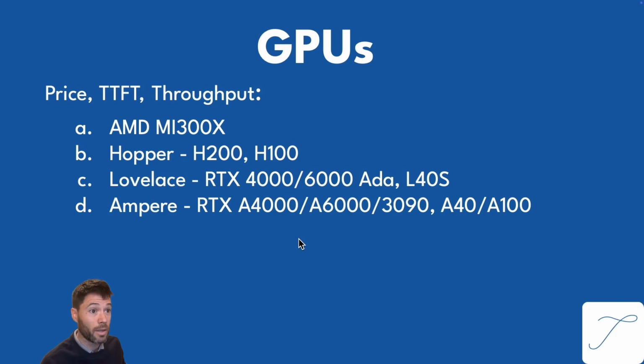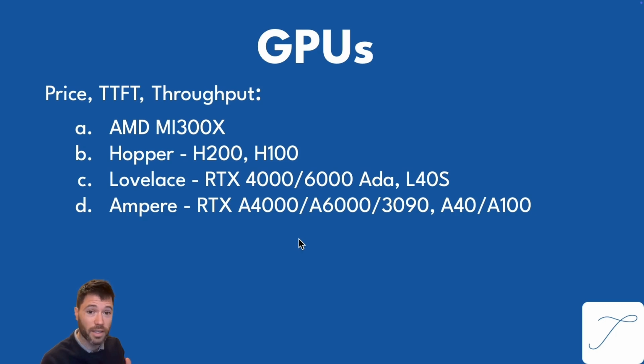I rented out 11 different GPUs to see which was fastest and which was cheapest. And now I'm going to show you the difference in price, time to first token, and throughput for all these different GPUs, including AMD 300X, and then various NVIDIA architectures, including Hopper, H200, H100, Lovelace, RTX 4000, 6000 ADA, and